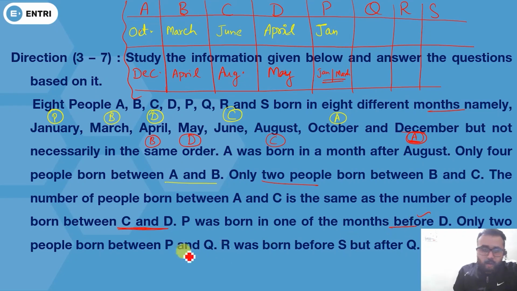This one is done. Only two people were born between P and Q. Now there are two people who are born between P and Q. Now according to this, January, so 1, 2, Q will be either in May, or if P is in March, then he will be 1, 2 in June. Now see one thing here. Your question or this line gets cut here because see one thing. If P was born in January, then according to this statement, there are two people between P and Q. So if he was born in January, then this would be May.